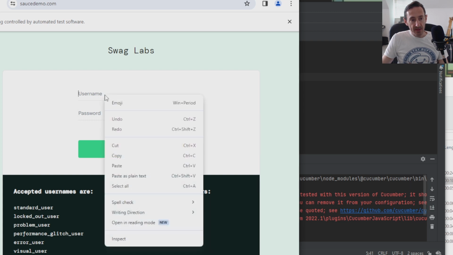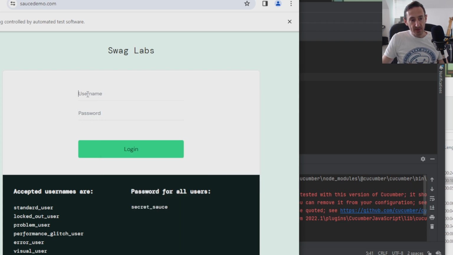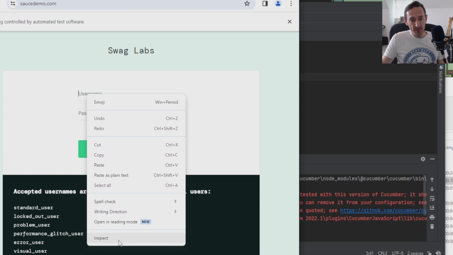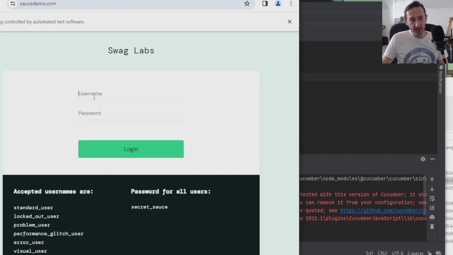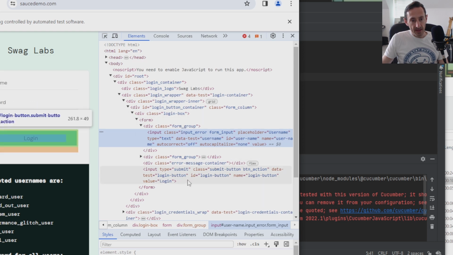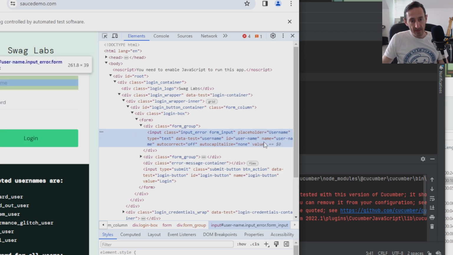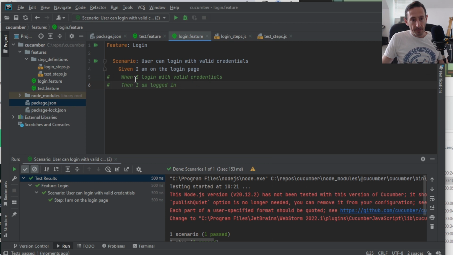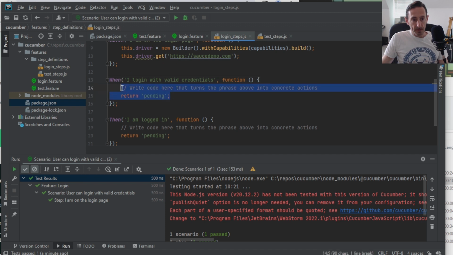So same way that we did it previously when we were looking at web automation before. It's just right click on the element that you want to interact with. So in this case, username. We'll inspect that and have a look if there's something we can use to click it. And we've got, there we go, it's got an ID of username. So we'll use that. So we'll grab username, copy that, and let's go into login with valid credentials, and we'll